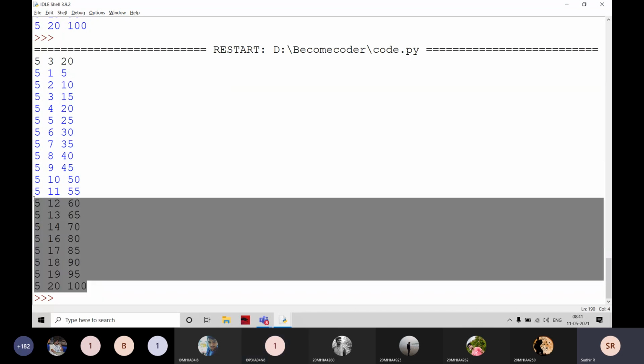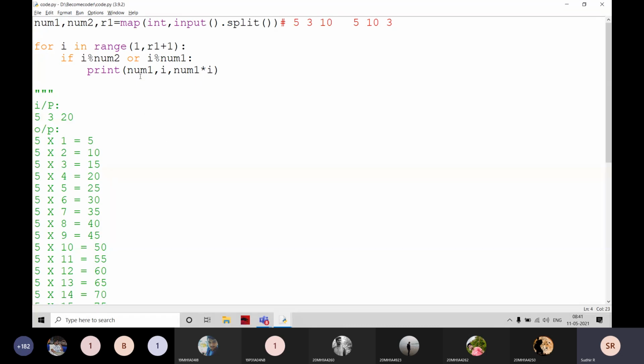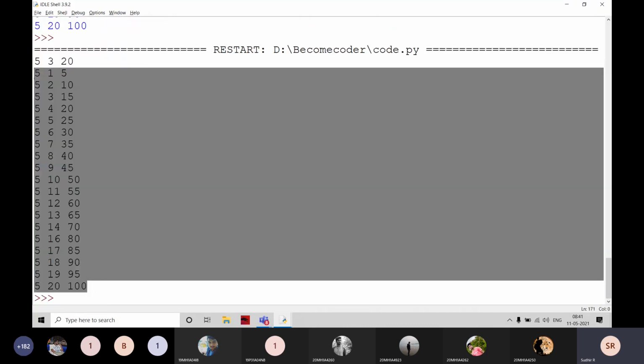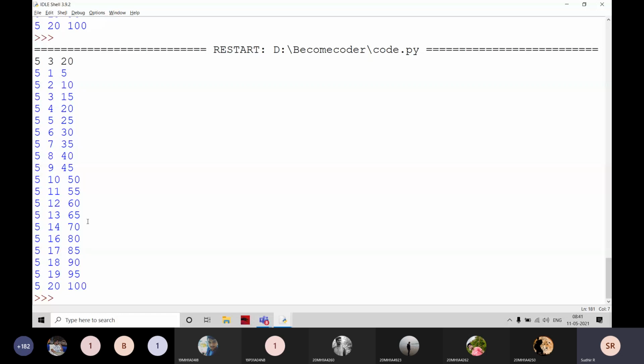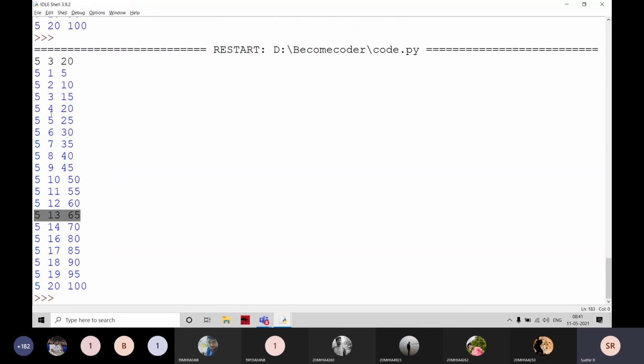It is going to print all the tables, all the values here. 15 missing. What is that? 15 values, sir. 15 is going to be missed. Why? Because 3 is true and 5 is true, the values are not exactly divisible, and this is also not divisible here. 15s, okay.